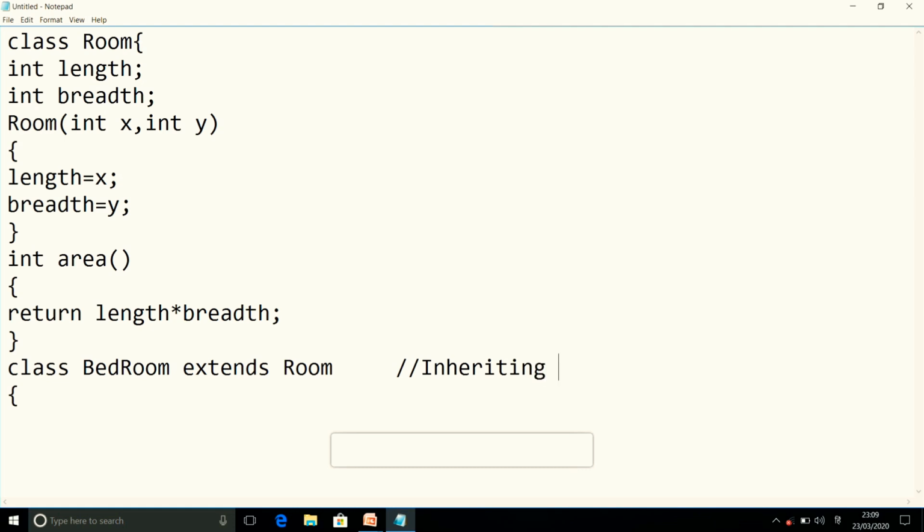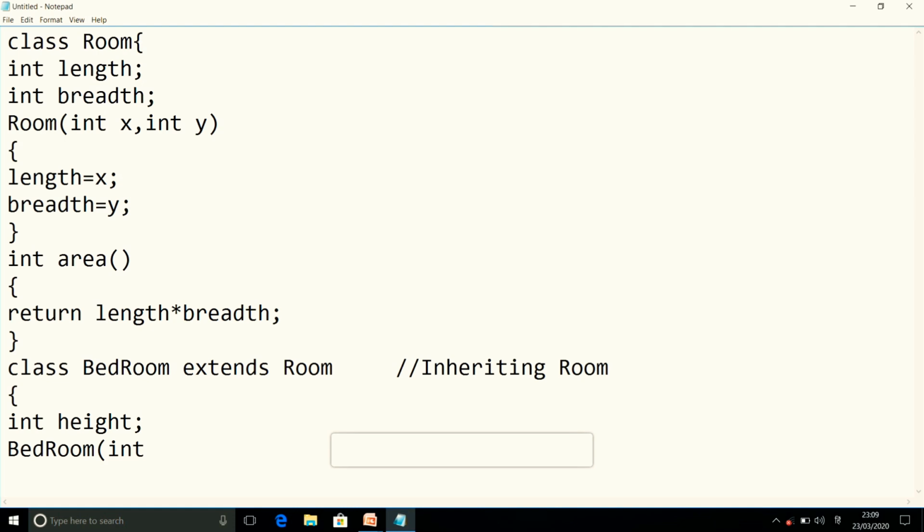So extends means the properties of class room go to the new class, which is bedroom. So bedroom acquires the properties of room, and in this class we'll write another variable which is height, and